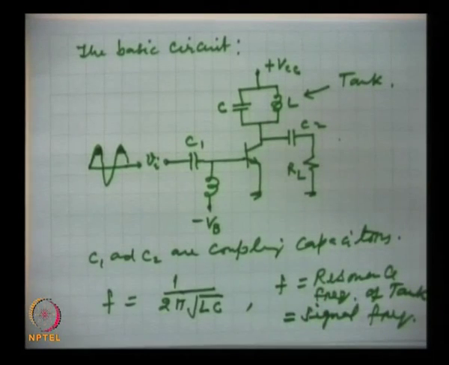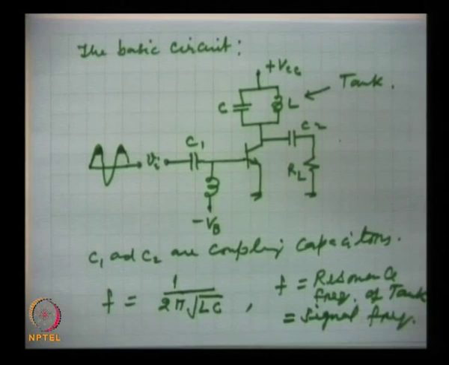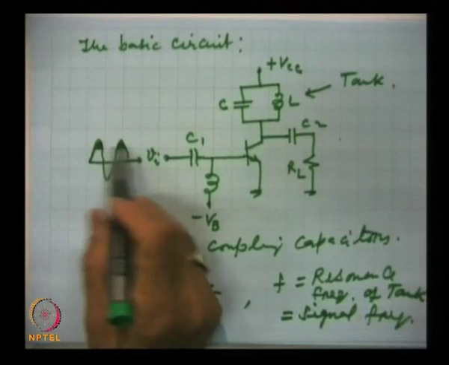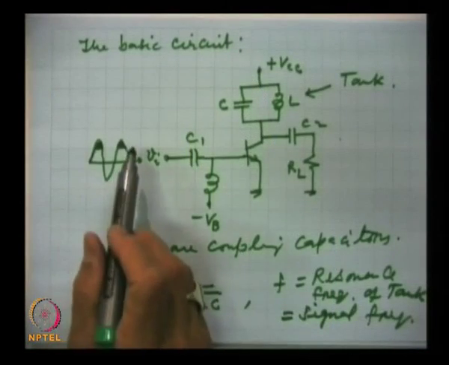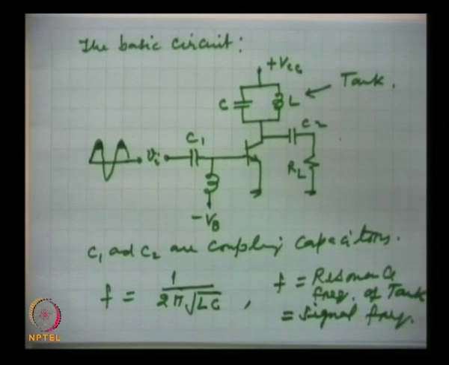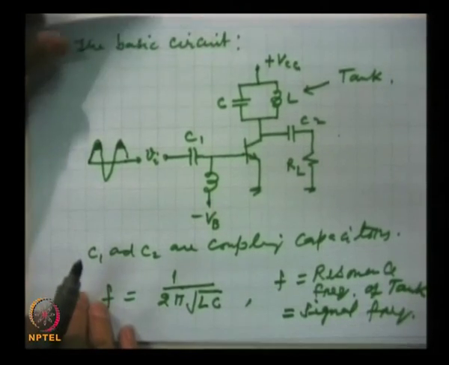and I will soon explain that this circuit is capable of converting those pulses into the original, complete sinusoidal signal. In the absence of this, if we have only this circuit, then only these amplified pulses will occur, and these pulses will not be of any practical use. We can get back to the sinusoidal signal in a much amplified form through this tank circuit.